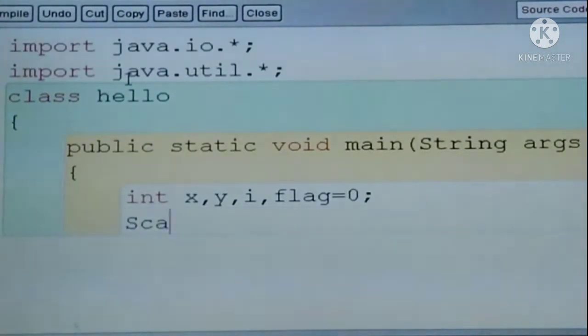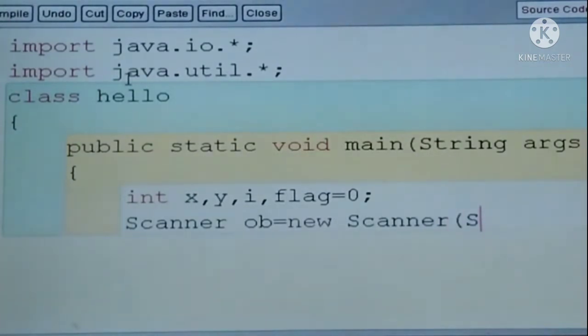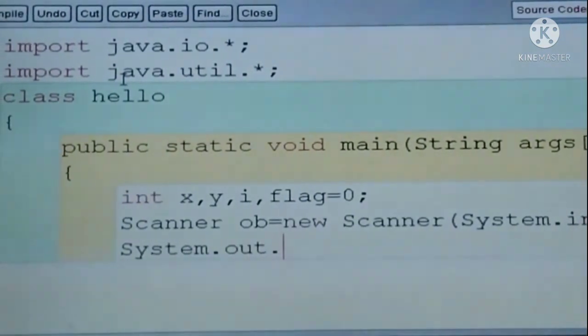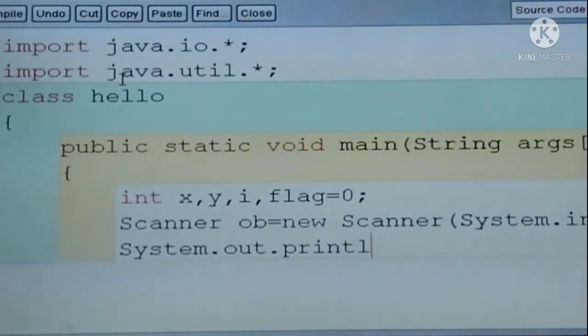Now Scanner ob equals new Scanner(System.in), then System.out.println("Enter a number").